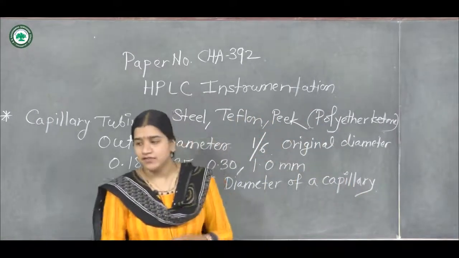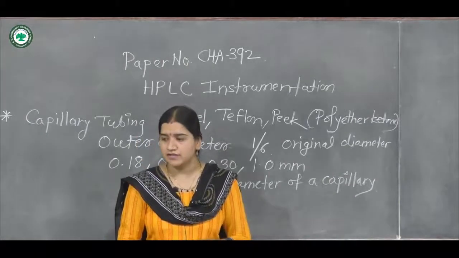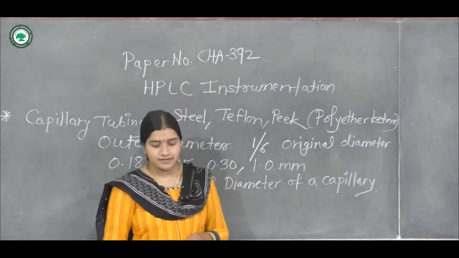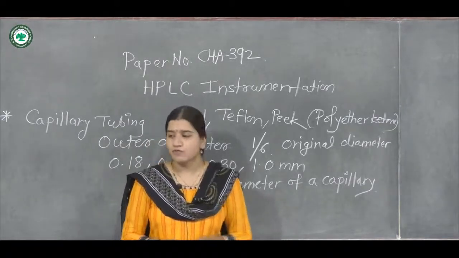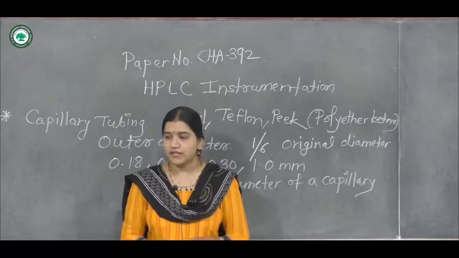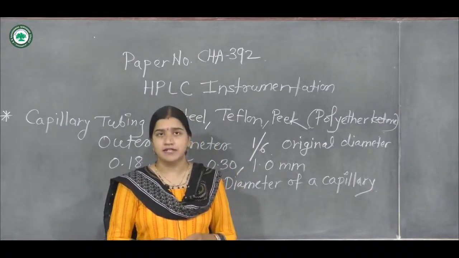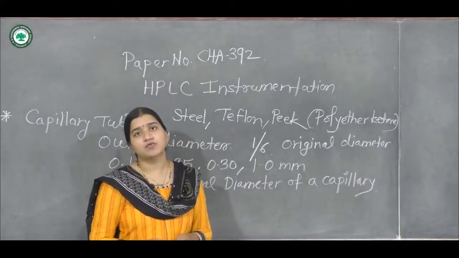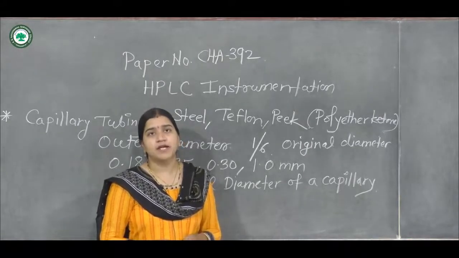So what are the advantages of using these materials? All these materials are well resistant to chemicals as well as corrosion resistant. Hence, as they are corrosion resistant and chemical resistant materials, they are most widely used. If you compare these different types, the most commonly used are steel and Teflon, but sometimes steel has a tendency to get corroded. So the better corrosion resistance is provided by Teflon.